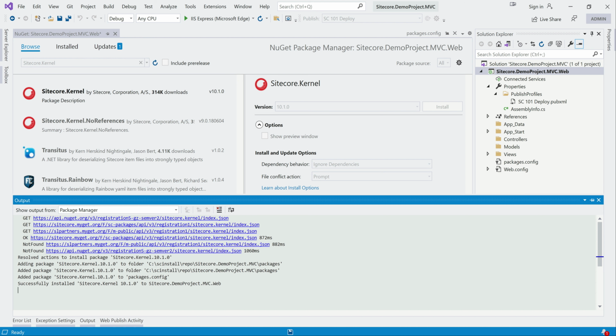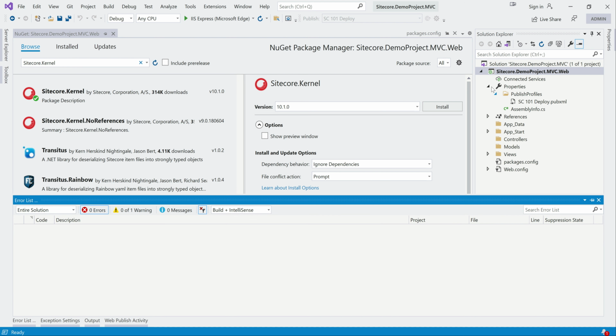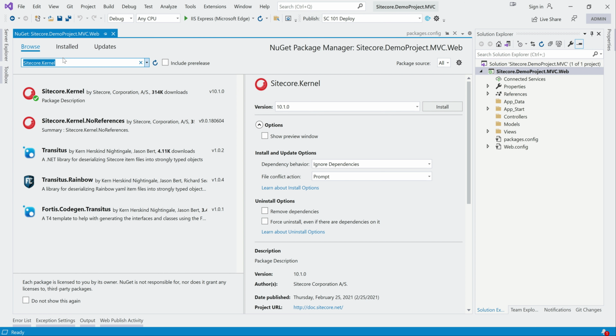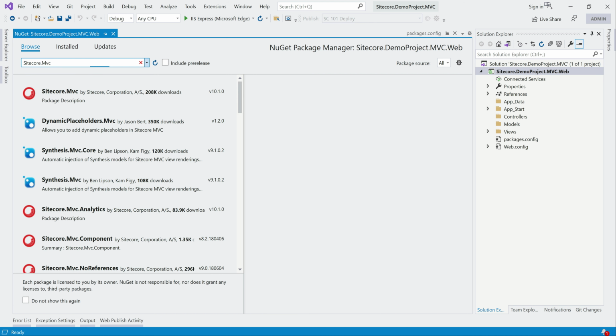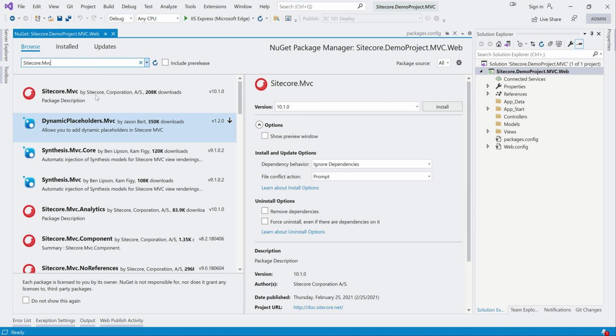So it has installed kernel, and we can go and install MVC as well. Again, MVC is here. You can get the same 10.1. So install.